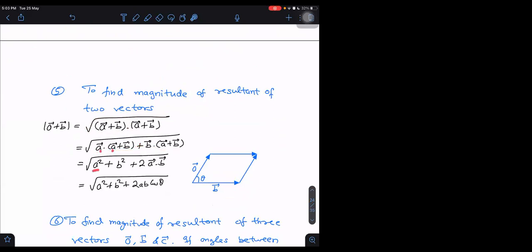A dot A is A square. We know that, right? What is the dot product of a vector with itself? It is the square of the vector. Yes, sir. What is B dot B? B dot B is also giving us B square. So the square terms I have taken together. Sir, how is this multiplied with this? It is just normal multiplication. A is multiplied with this whole, then B is multiplied with this second whole.